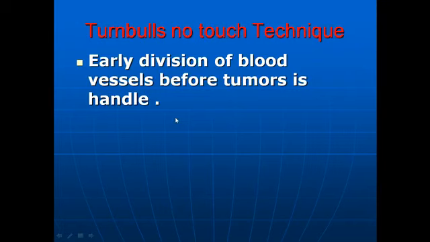So if you have decided you will go for some form of resection in the form of left hemicolectomy, then if you follow this technique, that is the early division of the blood vessel, the blood vessel should be cut, that is, tied, before you handle the tumor. Because if you handle the tumor, there is a chance of dissemination of the tumor cells through the venous blood, especially. So this is a special technique, we call it Turnbull's no-touch technique. Don't touch the tumor before devascularization. That is, first of all, you secure the blood vessels, tie the blood vessels, and then you handle the tumor.